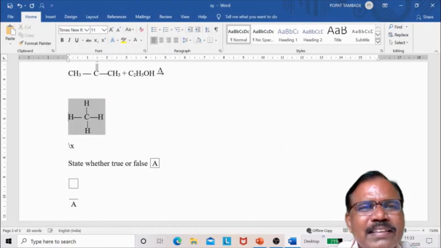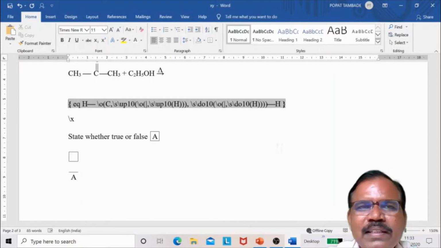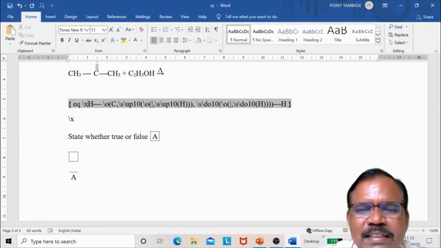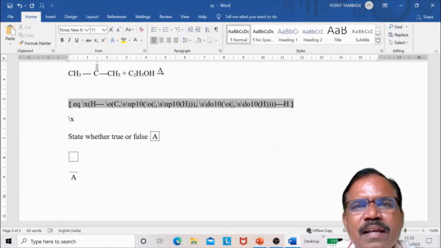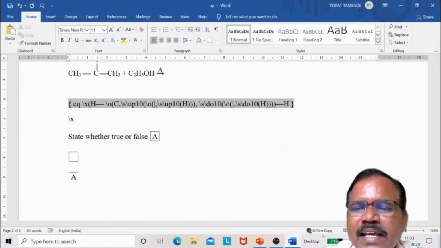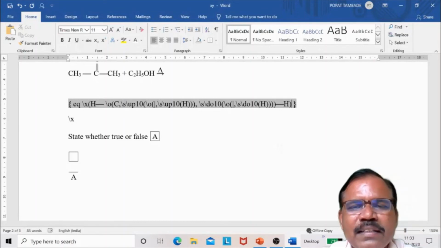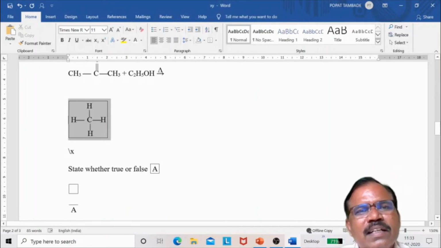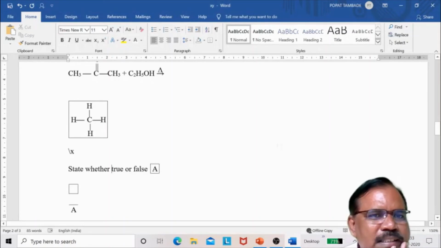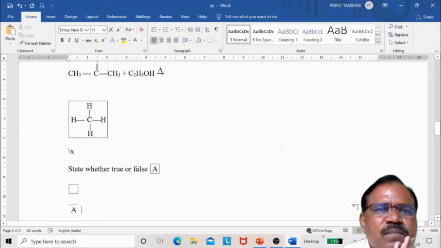Now if we take this equation, suppose we take shift F9, so everything is in this. So I can type a backslash X and everything I will keep in backslash X bracket and then shift F9. You will get a box around that structure. So in this way you can use backslash X.